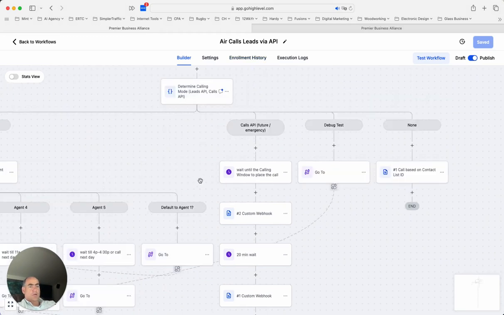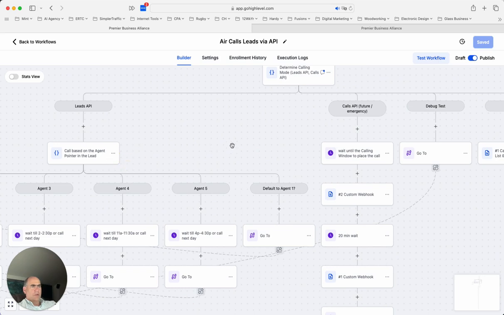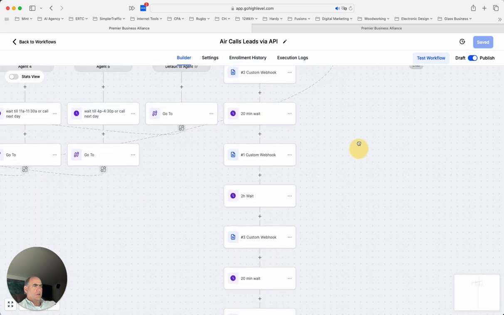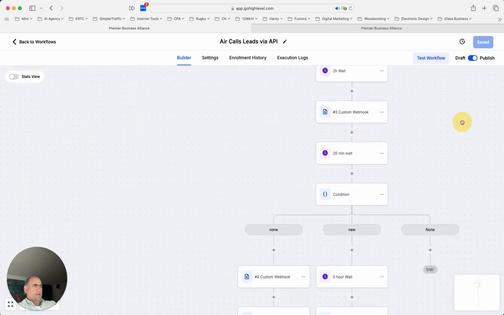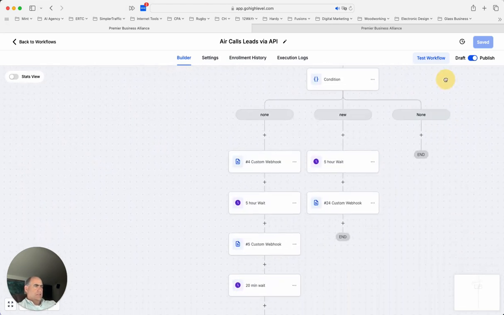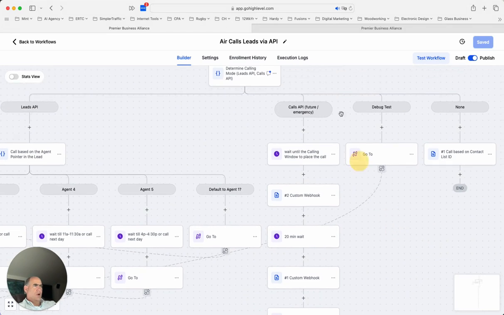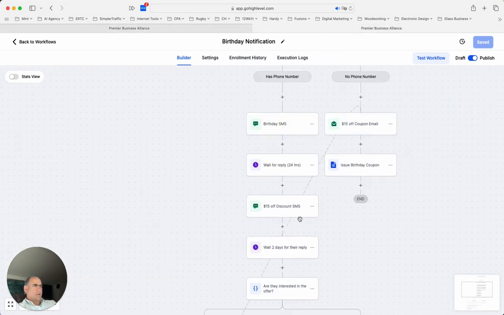We want to call them right away, so we don't really want to put them on a list and call them in a campaign. We want to just call them right away. So we would use this feature here, the API, and execute the call, a sequence there. Maybe call them one or maybe two times, and then drop right back into texting, or a combination of the two things.